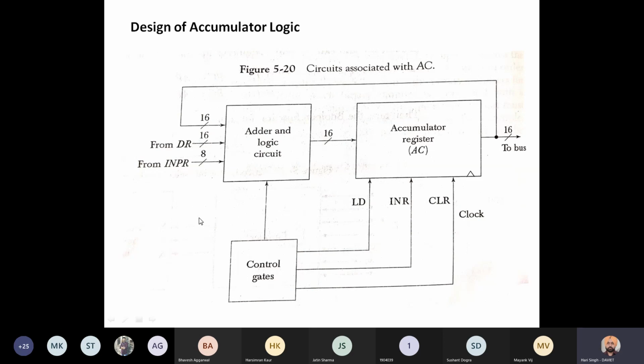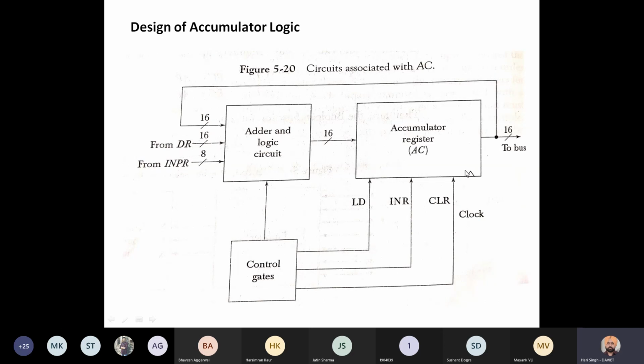Now suppose we want to perform an arithmetic add operation. To add 2 bytes, 1 byte should be in the accumulator, and the second byte should be in the data register. So the second byte it will receive from data register, 1 byte from accumulator, then addition will be performed and the sum is placed in the accumulator. The second byte can also be received from an input device through input register INPR.